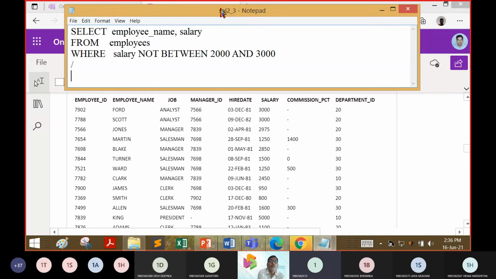Yes, sir. Salary not between. It is not between 2000 and 3000. It can be 2000 and 3000 also? No, sir. Means you are interpreting 2001 to 2999, right?